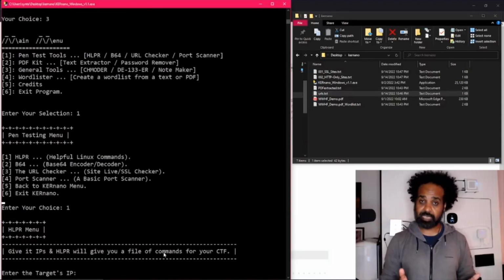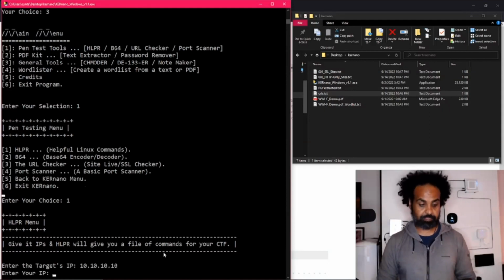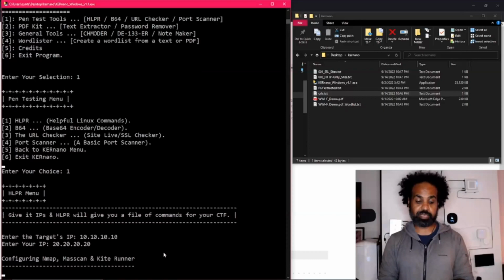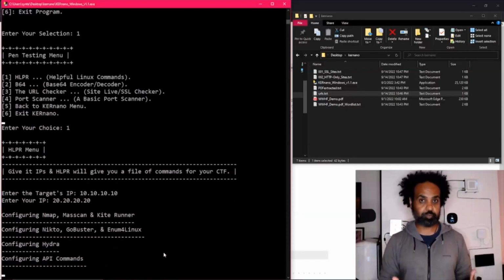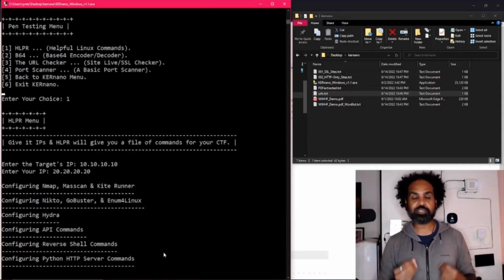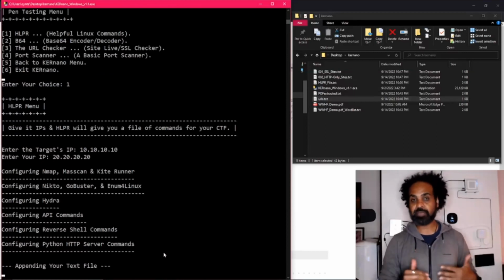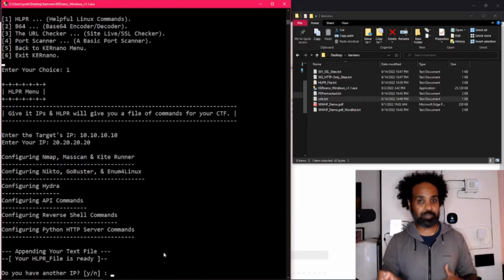What it does is it's going to ask you for two things. It's going to ask you for the target's IP. So let's say the target IP is 10.10.10.10. And then it's going to ask for my IP, and that is 20.20.20.20. Then you hit enter. And then what it's going to do is it has pre-coded commands that I normally use. So what this is going to do is give me a text file that is going to have all these commands with the IP addresses already interjected into there,